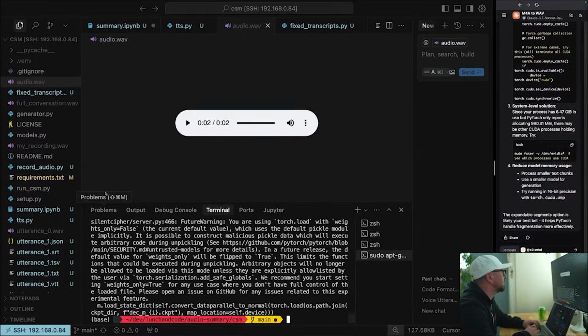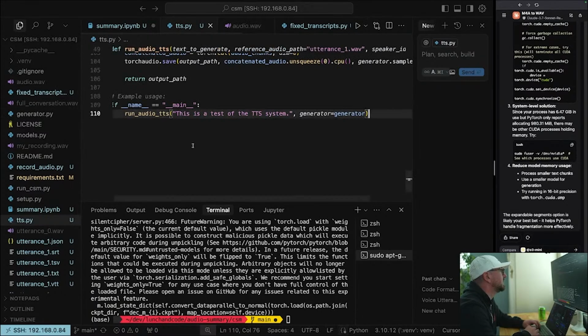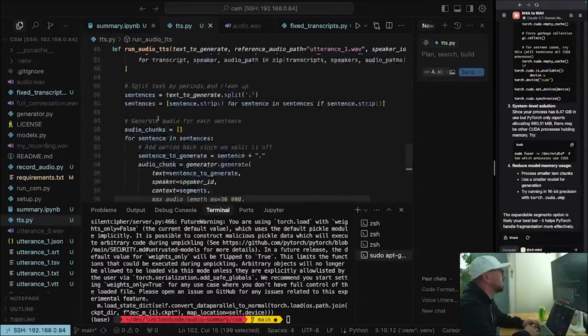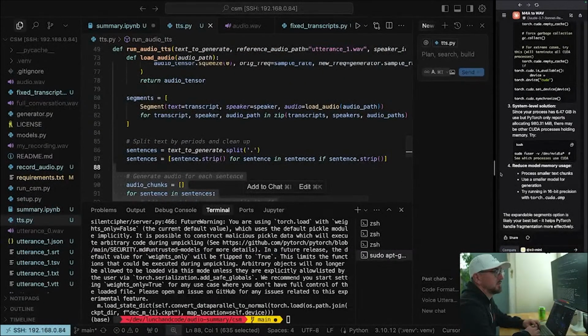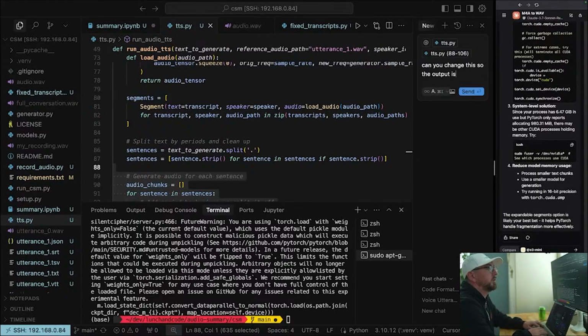If the TTS system is working, let me change the output here. So TTS. Okay. Let me change this so the output is passed to a buffer or